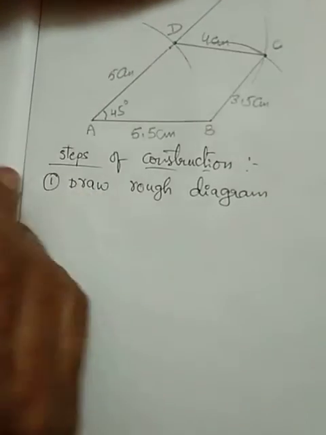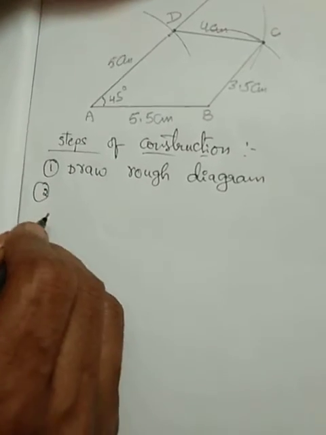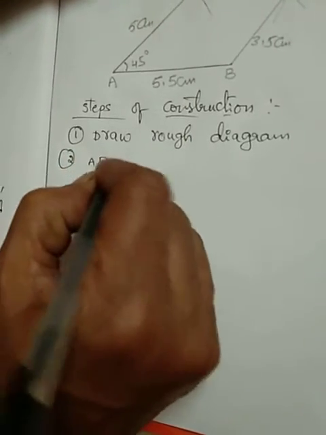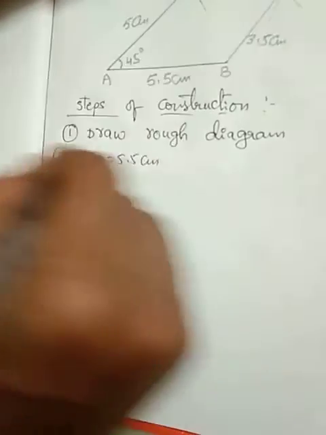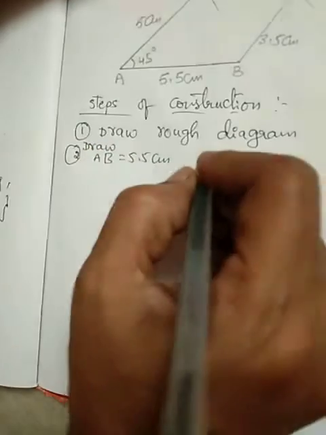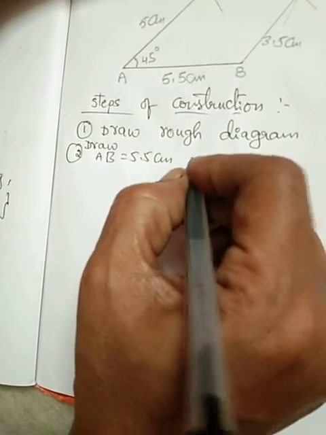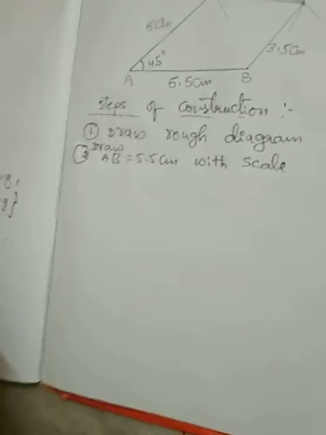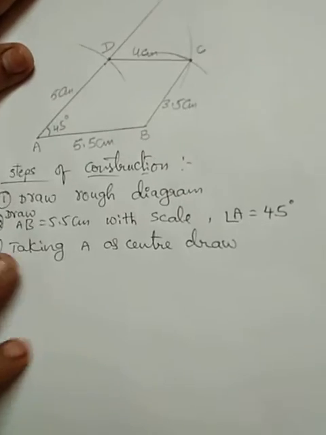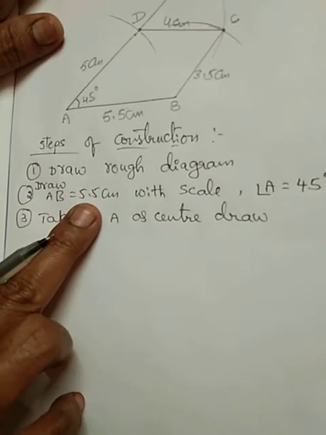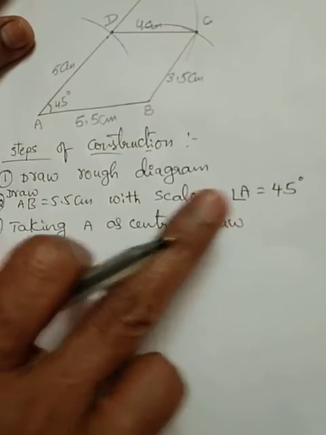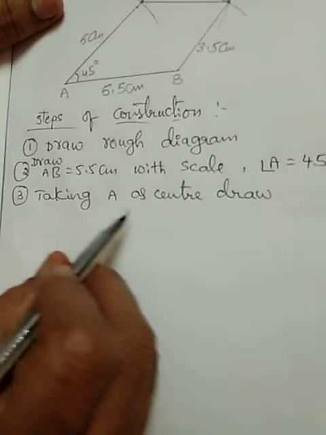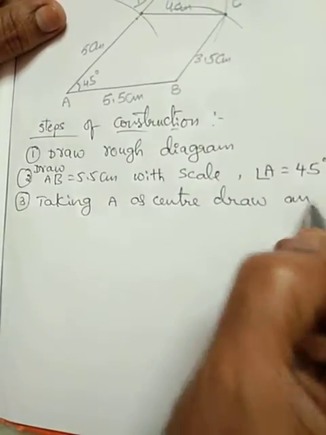Second step: draw AB equal to 5.5 centimeters with the scale, and angle A equal to 45 degrees. Third step: taking A as center, draw an arc